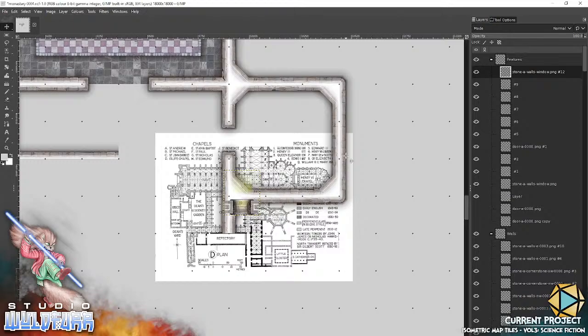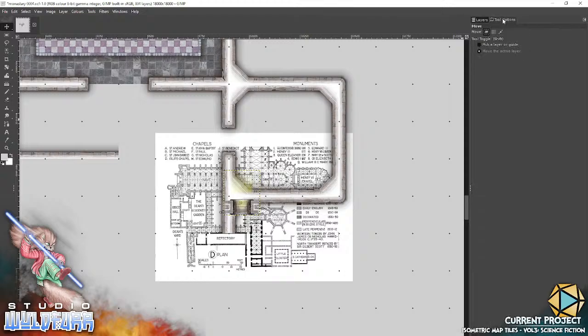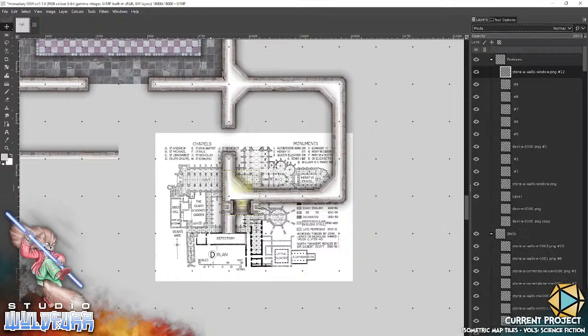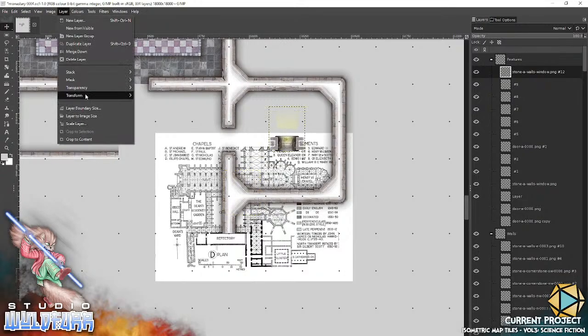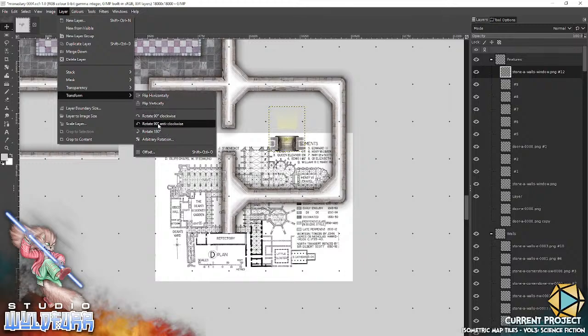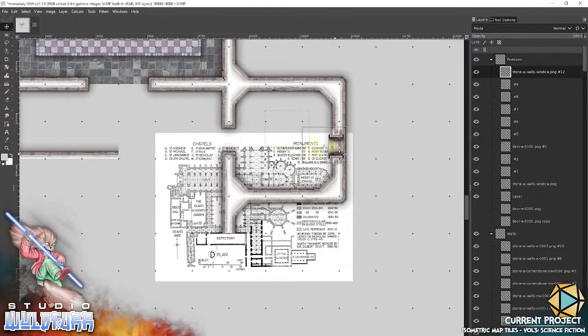So let's go to layer, transform, and we want to anti-clockwise. There we go. So we'll pop it there. Then we'll duplicate